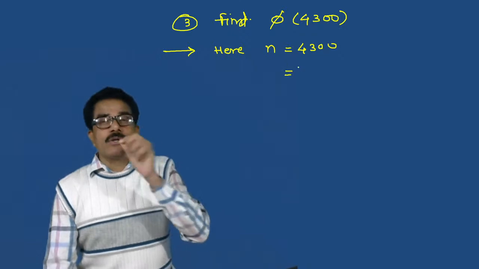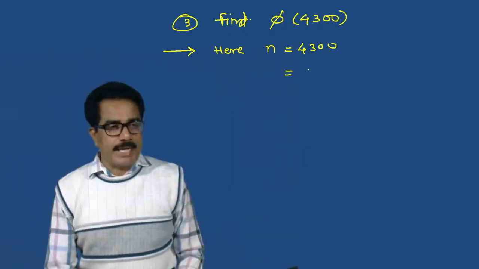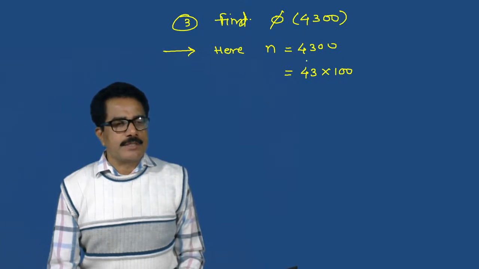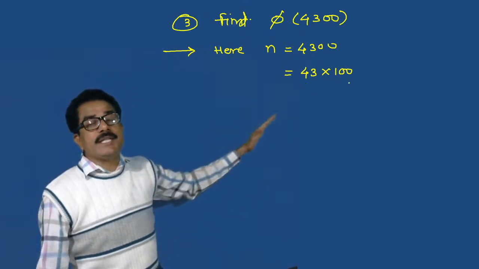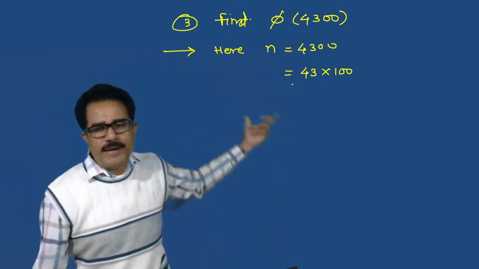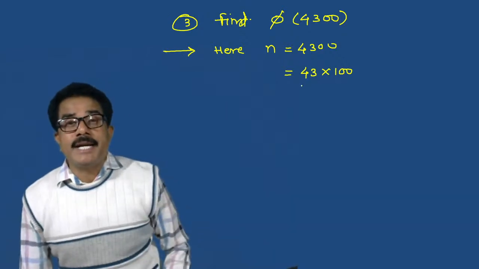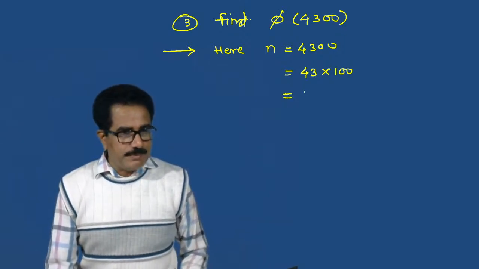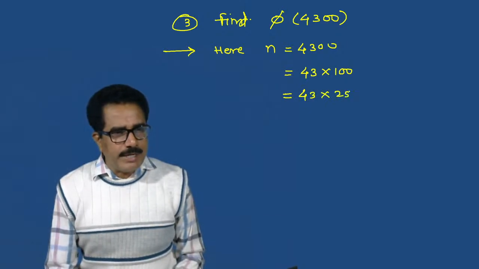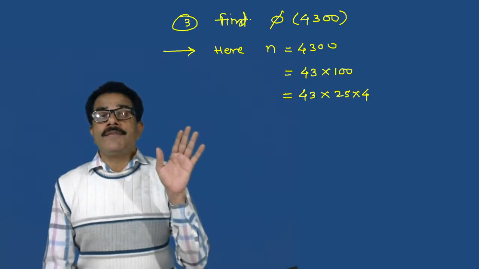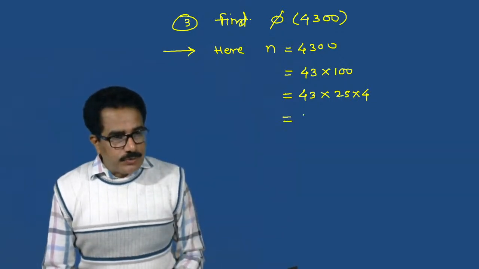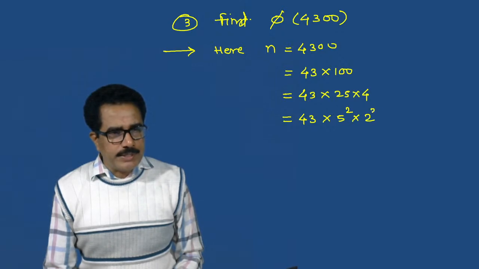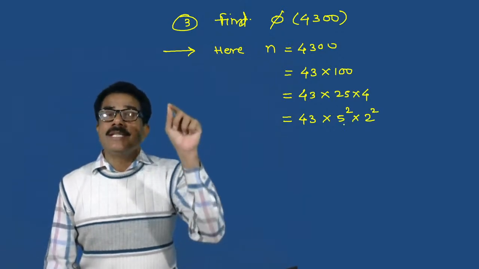अभी इसको फैक्टराइज में कन्वर्ट करो, प्राइम इंटीजर में कन्वर्ट करो, इसको प्राइम में कन्वर्ट करना है। मीन्स 43 इज प्राइम इंटू 100, बराबर है क्या रे स्टूडेंट्स। 4300 can be written as 43 into 100 easily। 43 is a prime number, so one factor may be 43। Now again we have to divide 100 into the product form of primes। हाँ काय लिहावं लागेल रे, सांगा बरं स्टुडंट्स। 43 into 100 means 25 into 4, but 25 is not prime, 4 is not prime, so we can write 43 into 5 raised to 2 into 2 raised to 2।